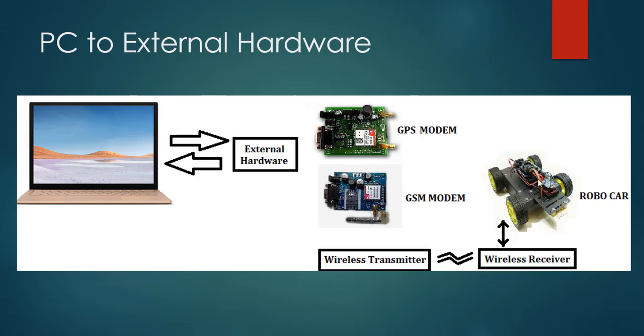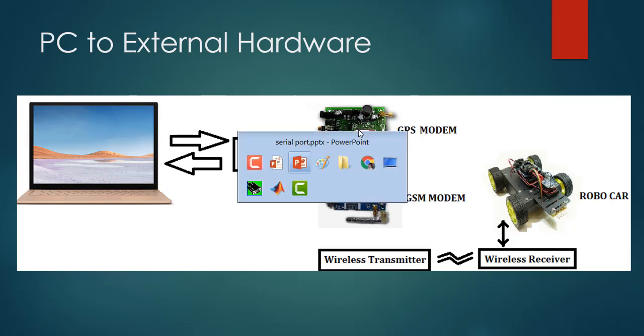It can also be in reverse order. Suppose the robot has sensed something like an obstacle, it can send the data back to the PC through the wireless receiver and transmitter, and the laptop can receive that data and also send data. So in this application, suppose we consider the robocar. Suppose you have sent data to a GPS modem, the GPS modem will reply to the commands according to your command. Suppose you are connected to a GSM modem, it will reply according to the command sent. For that interfacing, you have to make the RS-232 application. You can send data and receive data to real-time hardware.